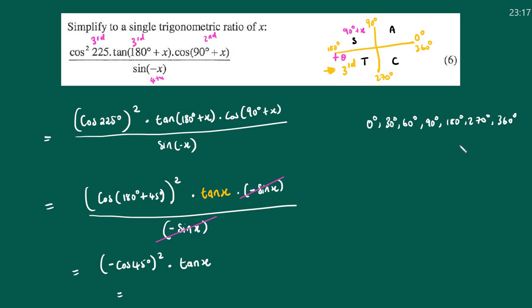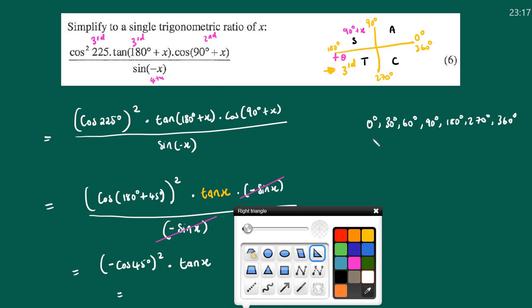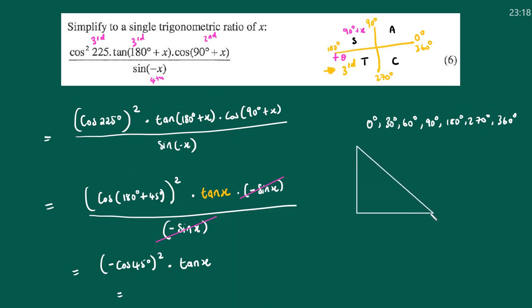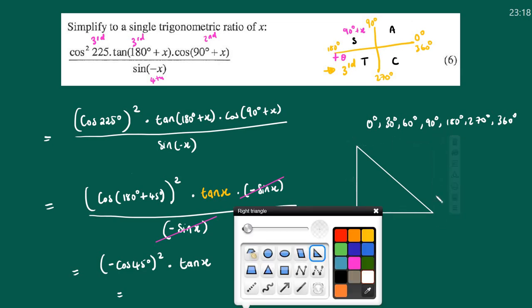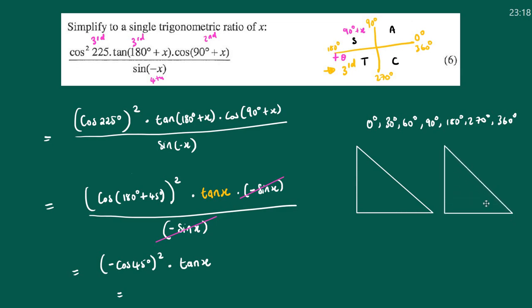Remember we have to use our special angles diagram. Remember it's two diagrams, isn't it? Oh, we already have the triangles. Remember it's this triangle, okay? Then it's the other triangle. It's two of them. Then if you can remember, I always say, if you draw them like this in your exam, I just need you to remember